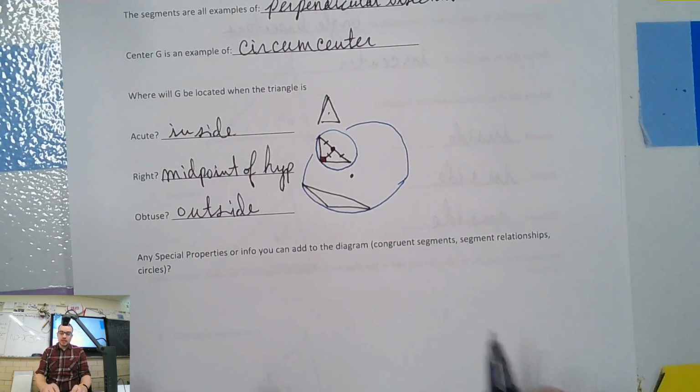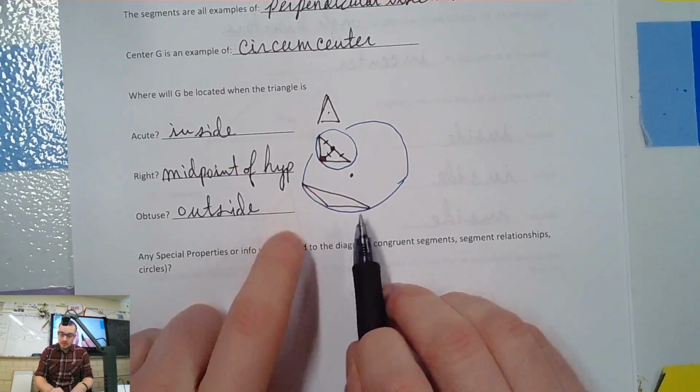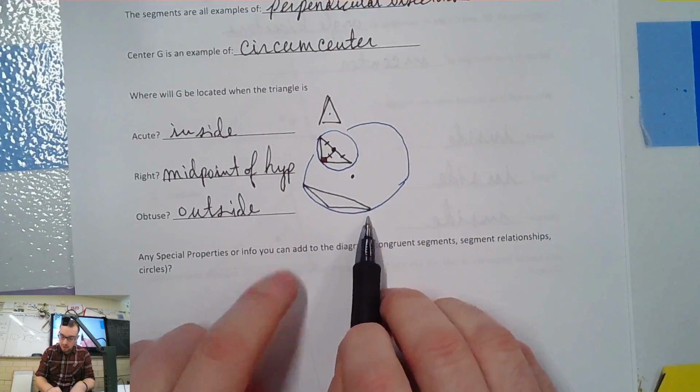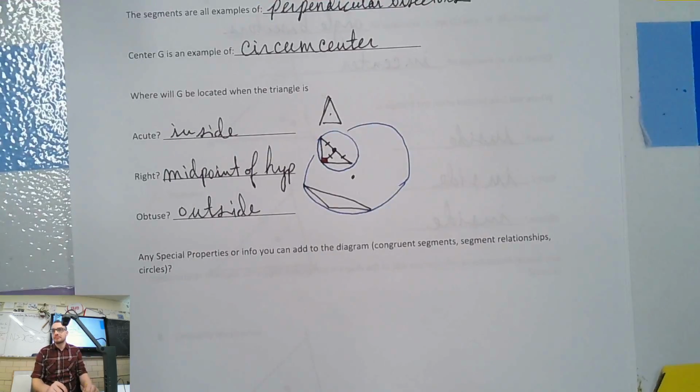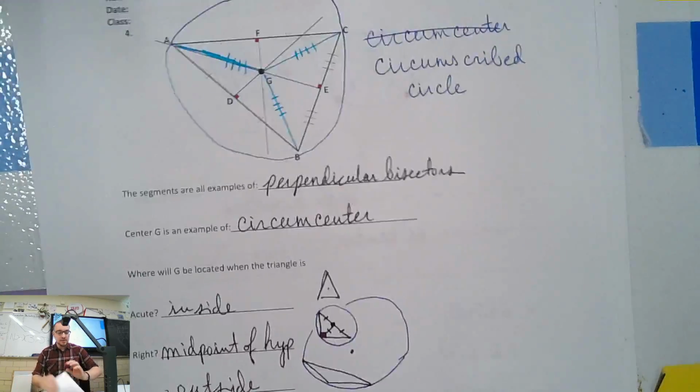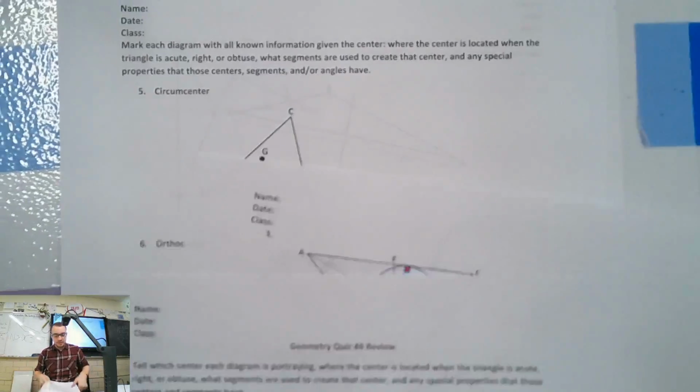So remember, the circle connects all 3 points. So if I connected these like this, I wouldn't be able to hit that one, right? It wouldn't be a circle, right? Good question. All right, so that's that on that. I'm going to go back and do them again, 1 through 4, and then we're going to move on to the rest.